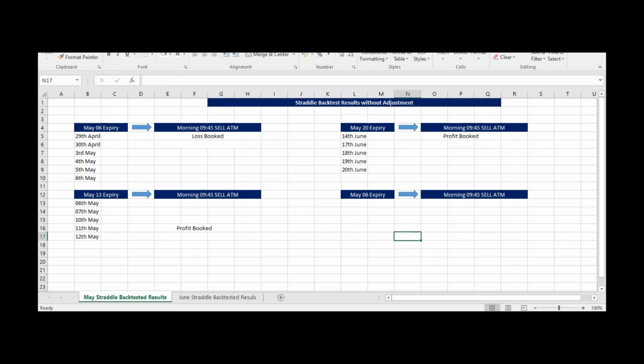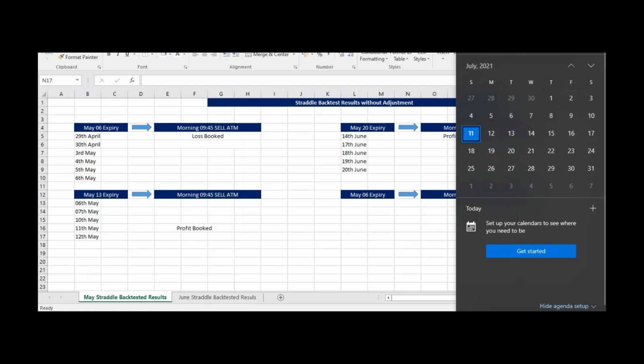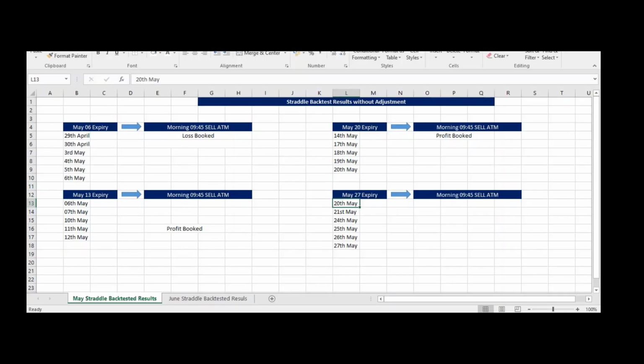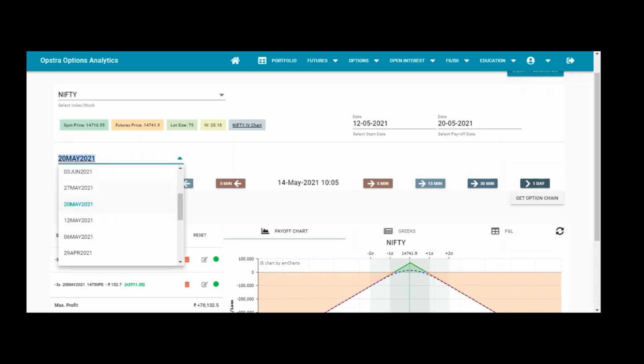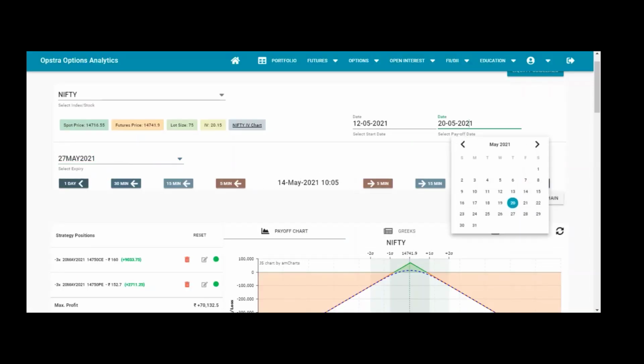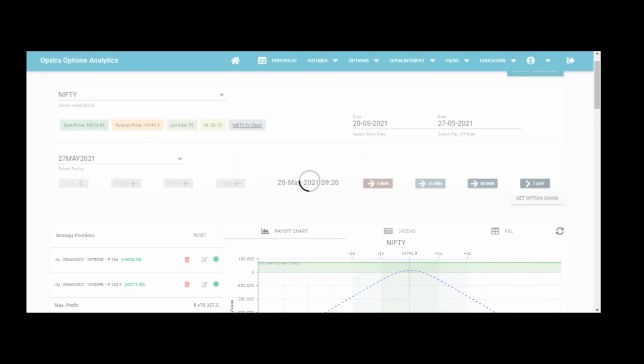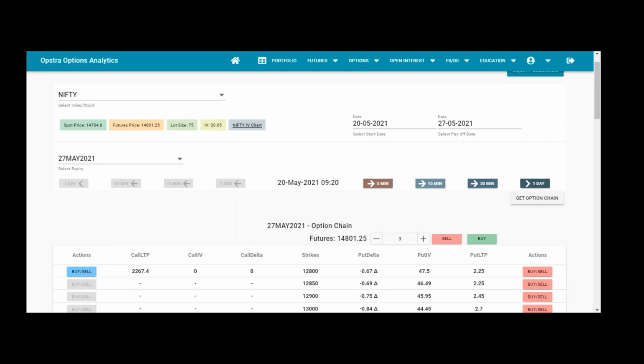Okay, so now what is the next expiry in May? After 20, the 27th is our next expiry. So for this expiry, we will implement the straddle on the 20th, right? So let me put down all the dates here. All right. So now let's go to the 20th May for the May 27th expiry and implement the straddle. So we are doing it for the 27th May, and we will implement the straddle on May 20th. Okay, that's it. Just reset.